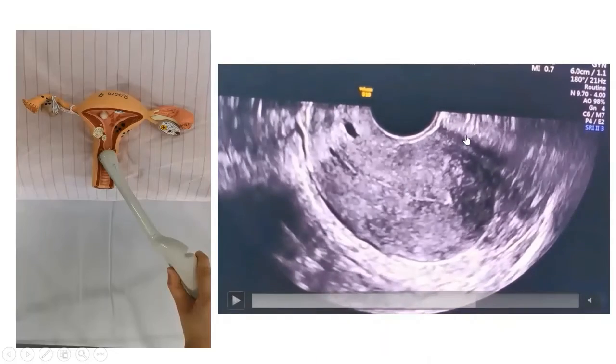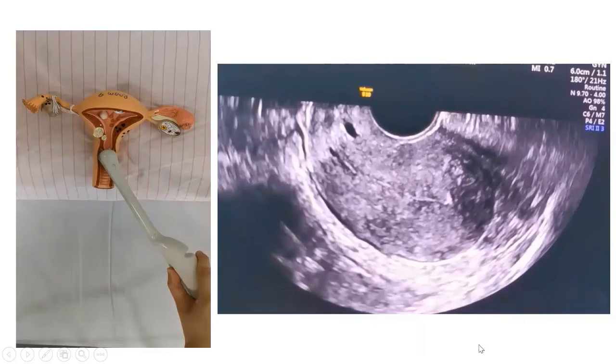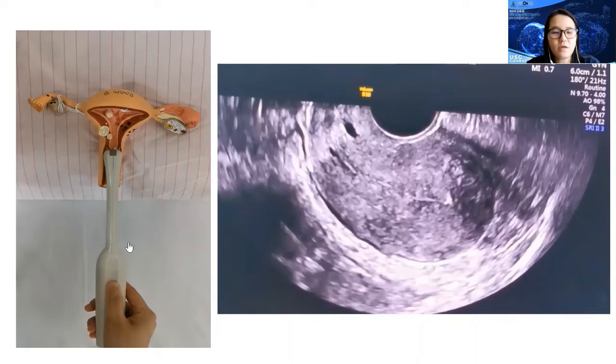Okay, so here is the pouch of Douglas. This TVS is showing a patient with a retroverted uterus. That's why the bladder is on this side, and this is the uterus pointing posteriorly. All right. Okay, so now you have seen the lateral view, you have examined the uterus, and also you